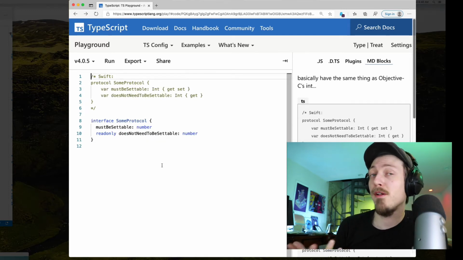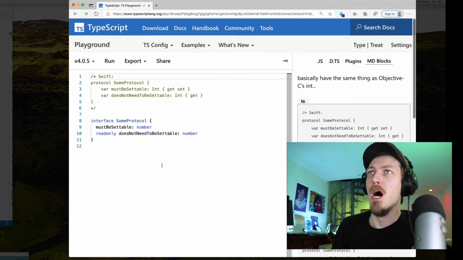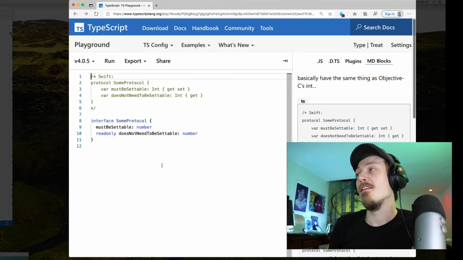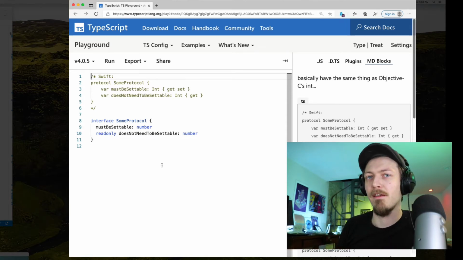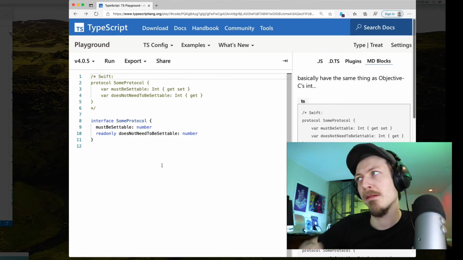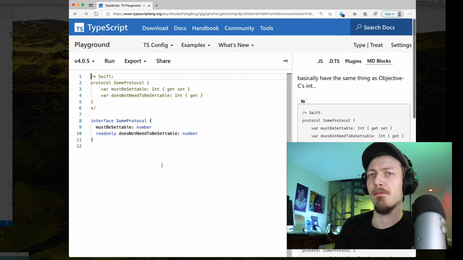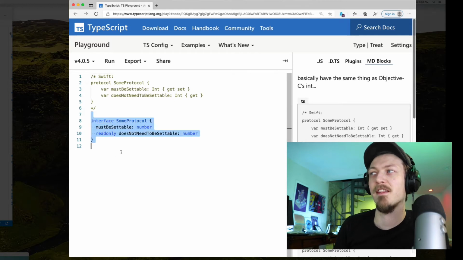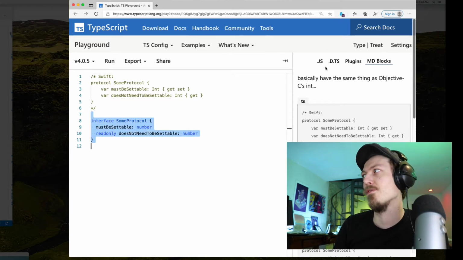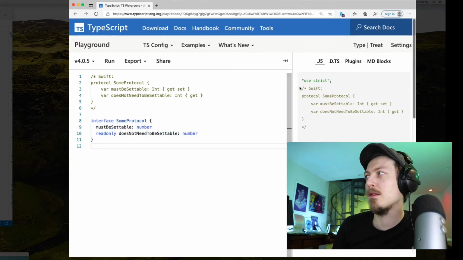TypeScript has protocols and interfaces. They're more like Objective-C interfaces rather than Swift's, which can extend things and add functions depending on their internals. None of this is available in TypeScript because TypeScript cannot affect the runtime of your JavaScript code. So you couldn't make an interface that can affect the code that is emitted at the end. So anything like this has to be completely erased in order to run in a JavaScript runtime. So as you can see here, it is just nothing in the JavaScript version.